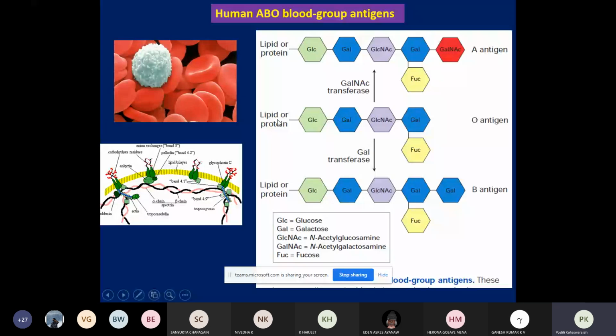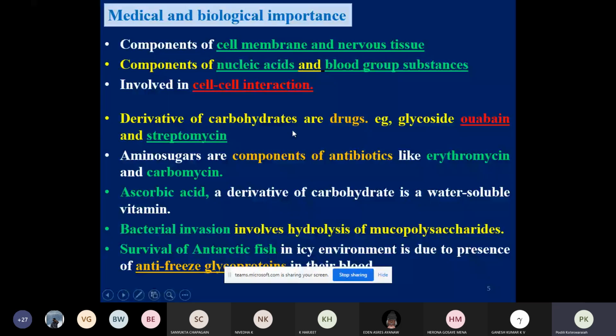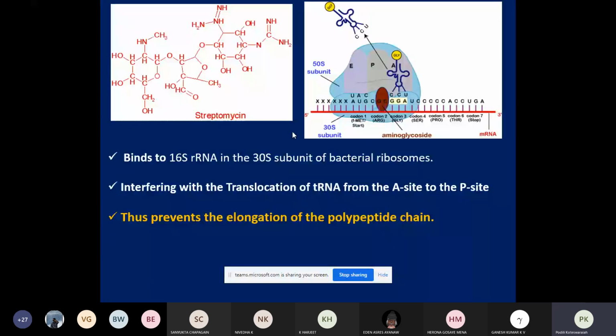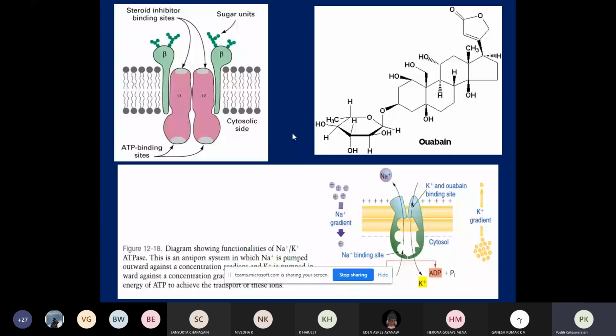And certain sugar derivatives are the antibiotics and also the drugs, and mainly the ouabain. It is a modified cholesterol with the sugar molecule, and it is a sodium potassium ATPase inhibitor. It is also used as a drug for